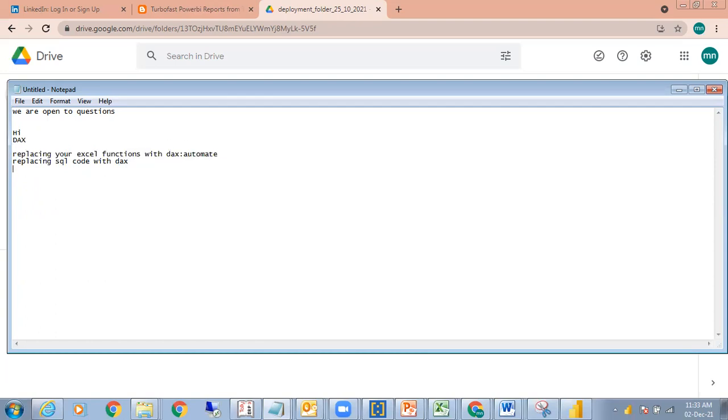Now, replacing the SQL code with DAX, the reason is, first of all, I'm removing the database itself. Because the database has a cost, the database installation has a cost, the database maintenance has a cost. So what she has shown you is that she has taken all these correlated subqueries and converted them into DAX. That means we have removed the database itself. So my installation time is reduced, my installation cost is reduced, and my maintenance costs are reduced.